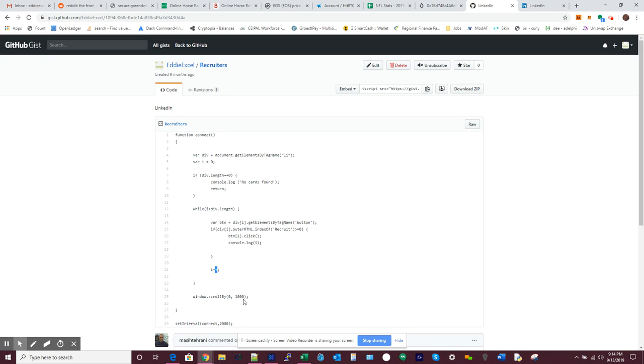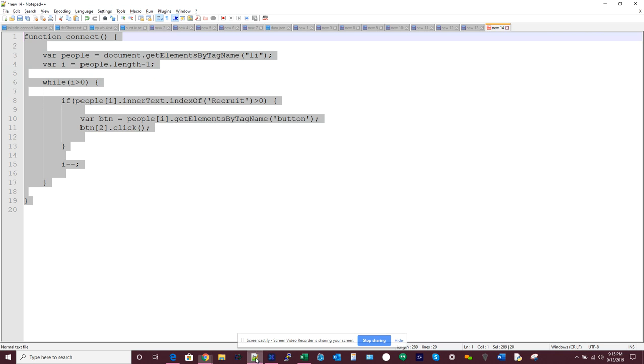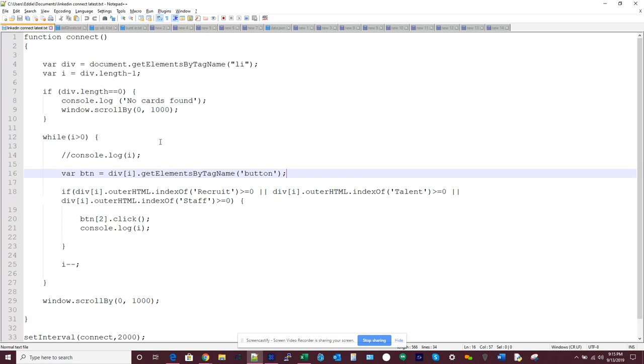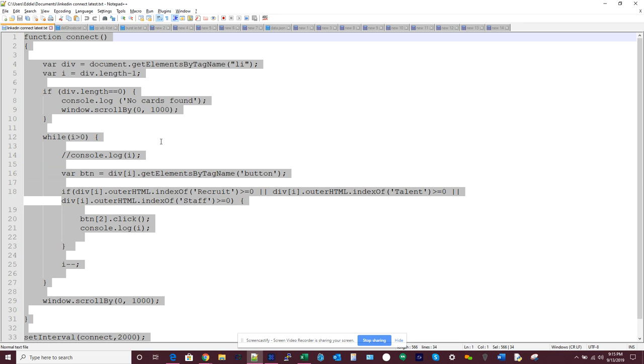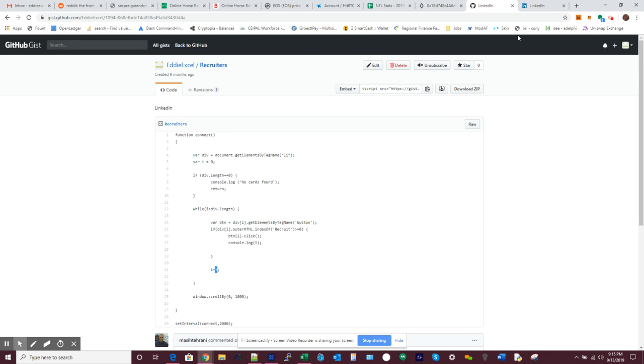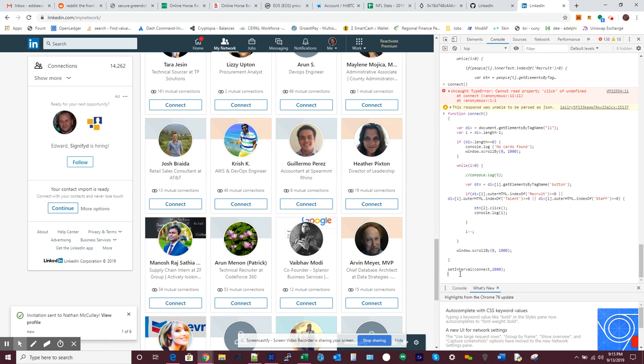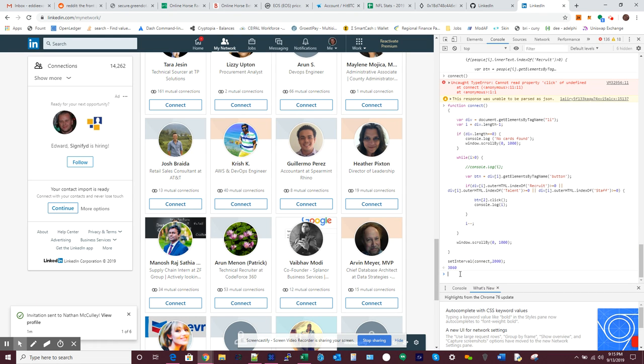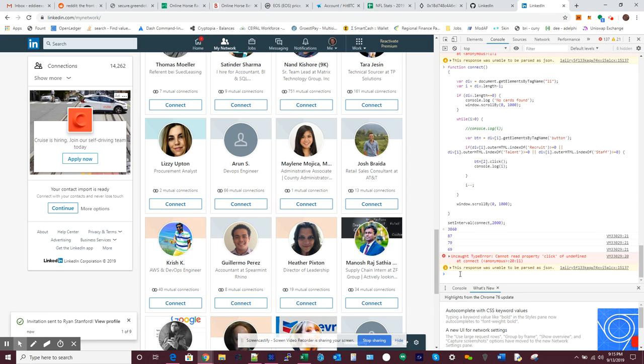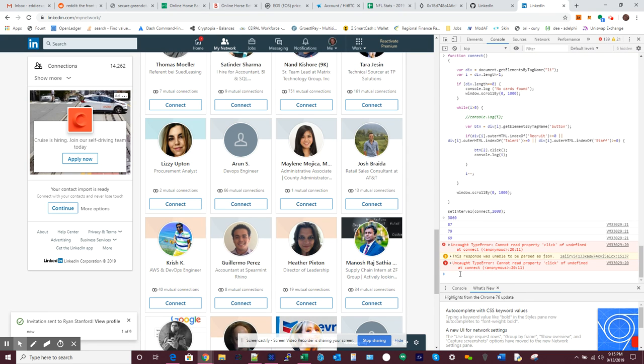What it will do is automatically scroll for you, and it will automatically run this every, in this case, 2 seconds. But I'm going to grab my code from this one. We'll copy it, and we'll run it, and I'll show you how it runs. All right, so this one should just run automatically. We should see it scrolling. We should see it making connections to people with the words staff or talent or recruit in there. And you can see